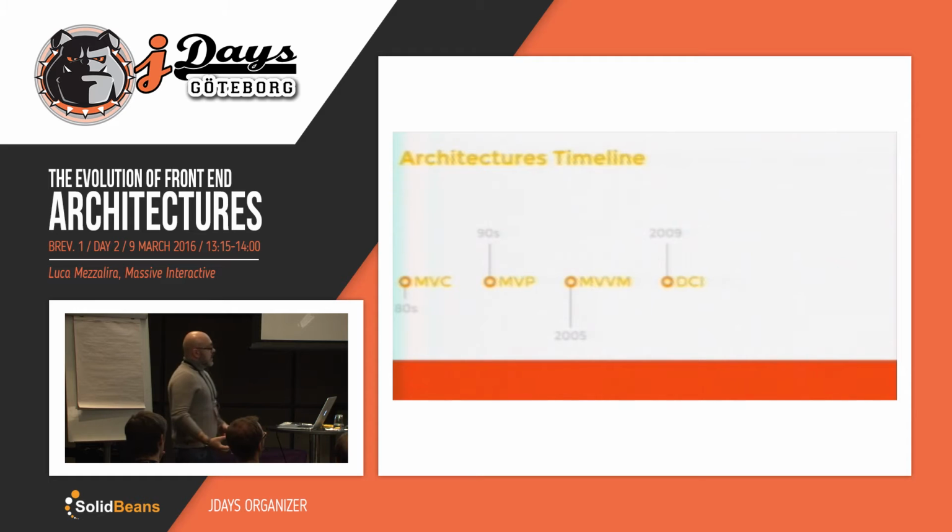So then in 2009, the same creator of MVC came out with another concept that is DCI, Data Context Interaction. And in this case, it is handling the problem of software architecture in a completely different way. In fact, DCI is one of the lean architectures, and is trying basically to change the way the engineers are architecting the code